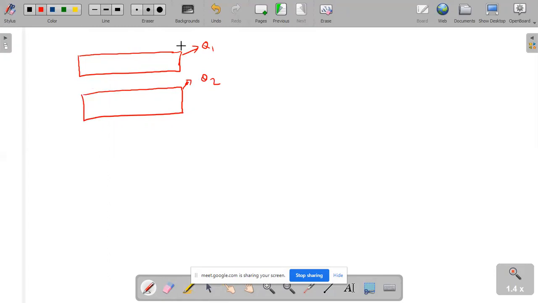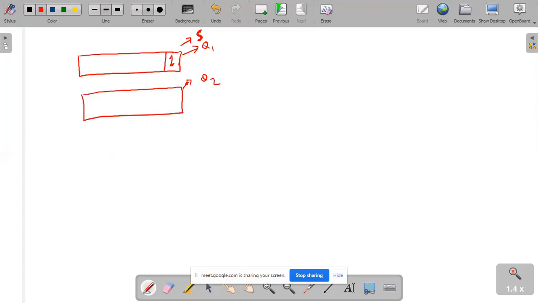For now, I'm assuming this as the stack. Now, if someone asks me to add some element into the stack, I am using two queues to implement a stack. Suppose one comes, so I'll add one.